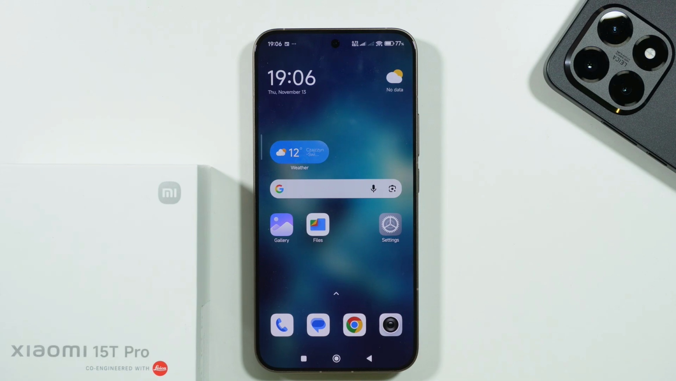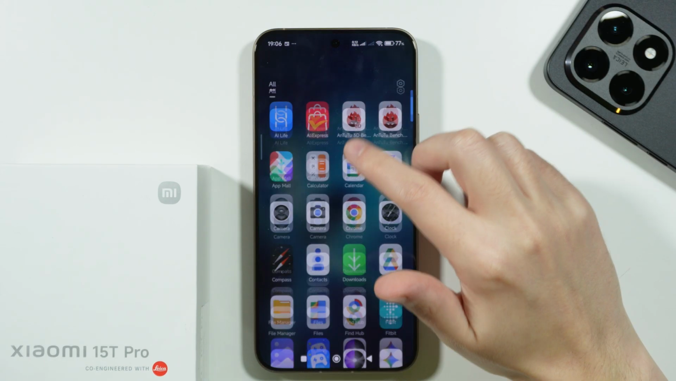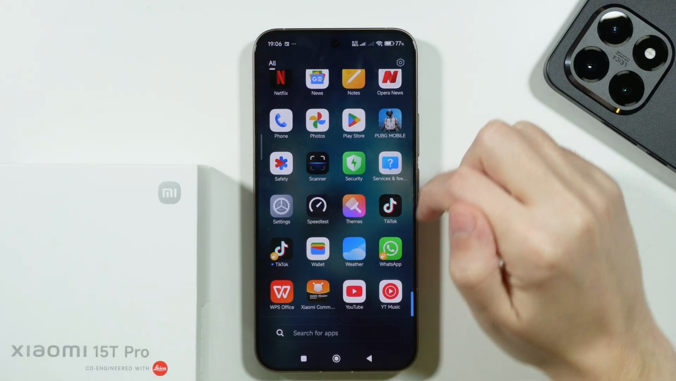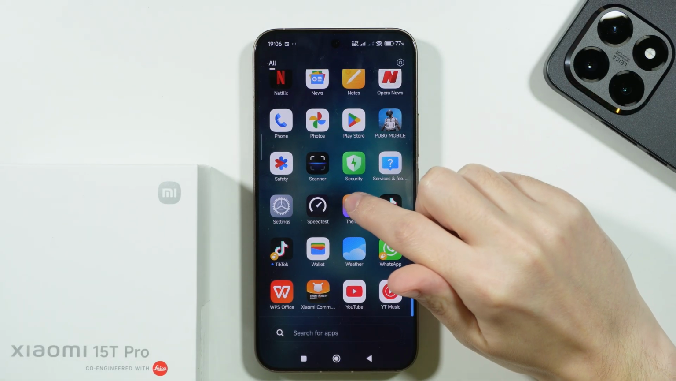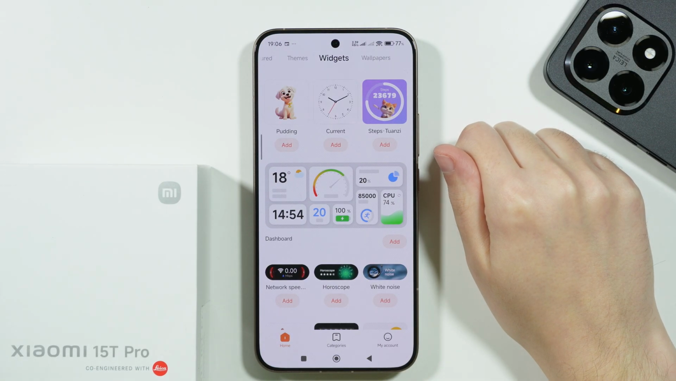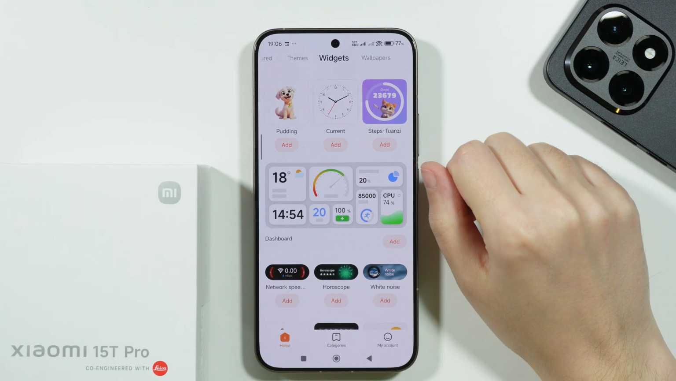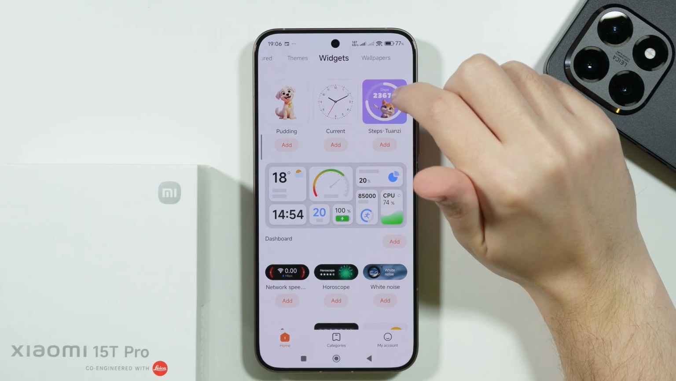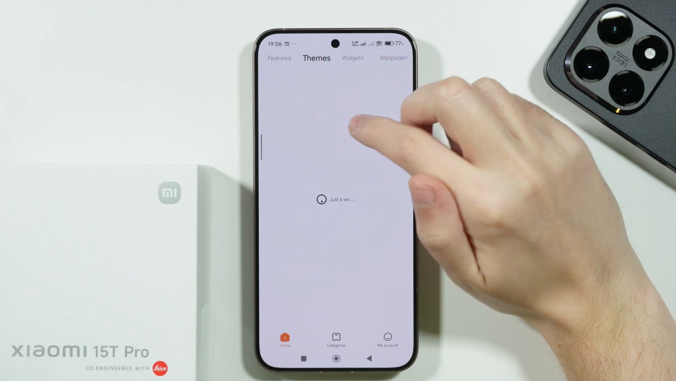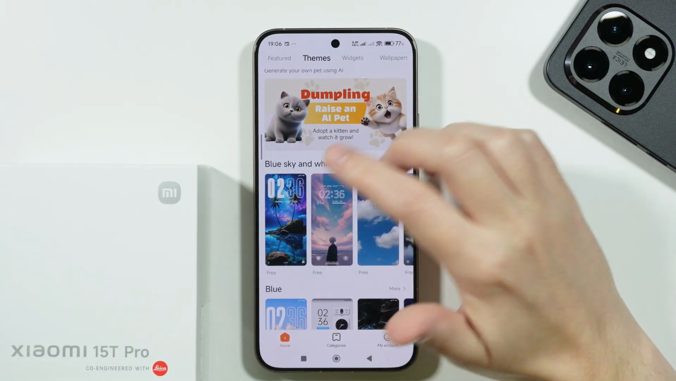If you want to change the theme on the Xiaomi 15T or 15T Pro, then in that case we can use the Themes app that you can find on your phone right from the get-go. It is pre-installed on your phone, so you should be able to use it quite easily. Now over here we can switch to Themes at the top, and you can find a bunch of different themes